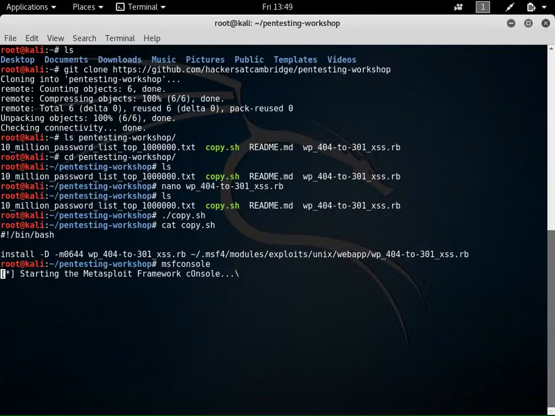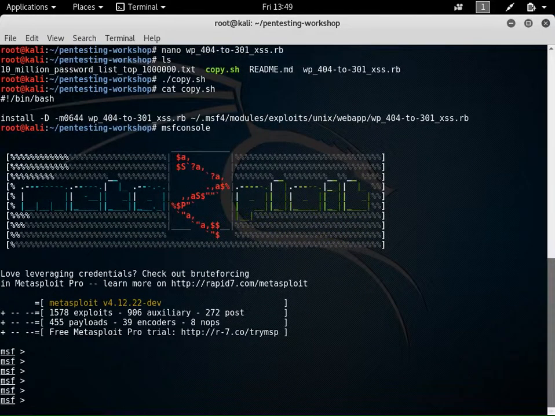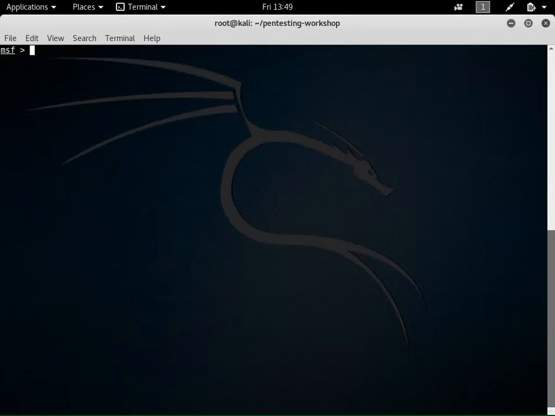It's being awfully slow at starting there. Here we go. All right. Welcome to Metasploit. It gives you a random message every time, which is kind of cute. We need to first of all tell it that we're going to be using our exploit. So, I wish I could get that bit higher. There we go. If we type in use exploit